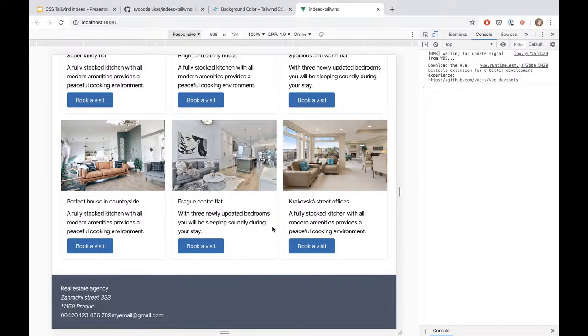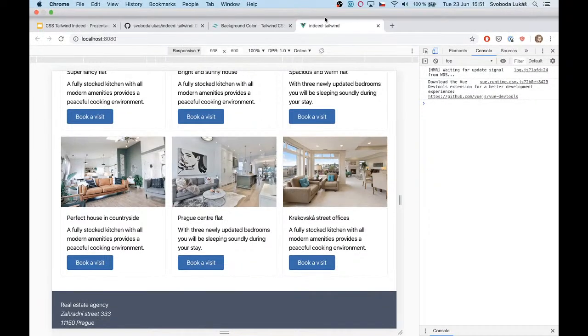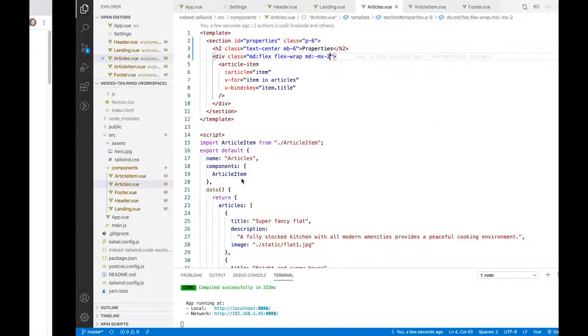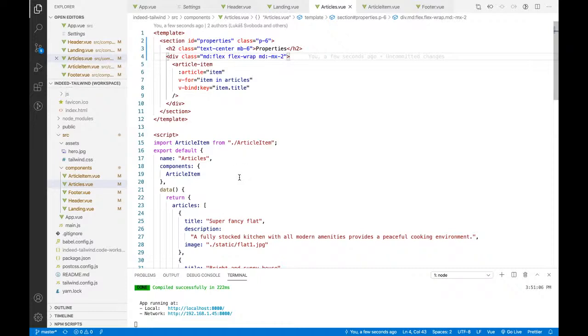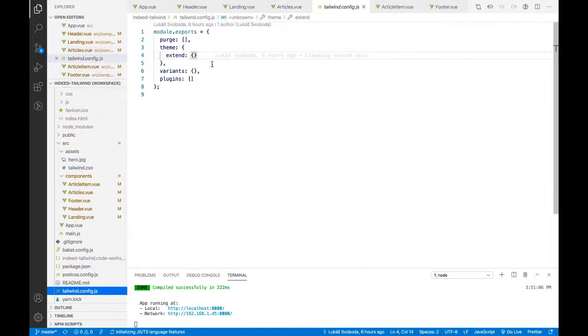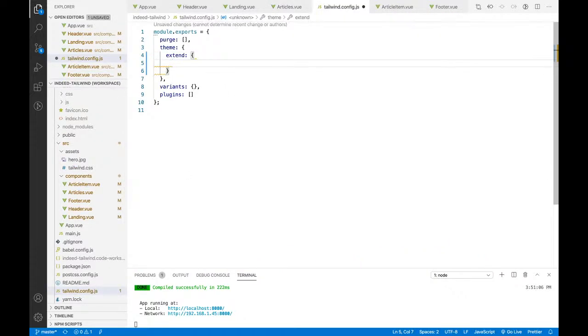And now this is the simplest way, where we used the presets from Tailwind which were already there, some background colors and some other things. But mostly you would like to configure things differently in your own project. You would like to work with your own colors or your own breakpoints, and it's very simple how to do it. There is a config file of Tailwind,